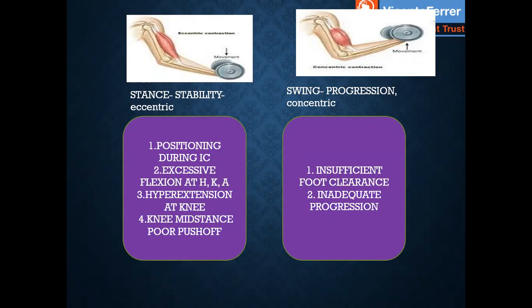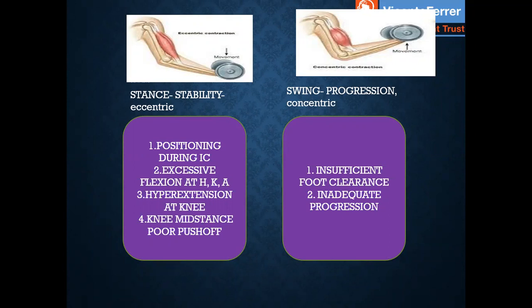Normally one should have a heel strike, but instead of a heel strike, if it is happening as in toe walking, if the toe is striking first, then there is an issue with the stance, so stability will be absent. Obviously, if there is any excessive flexion at the hip, knee, or ankle during the stance phase, then